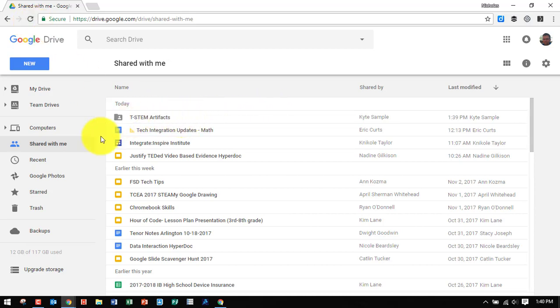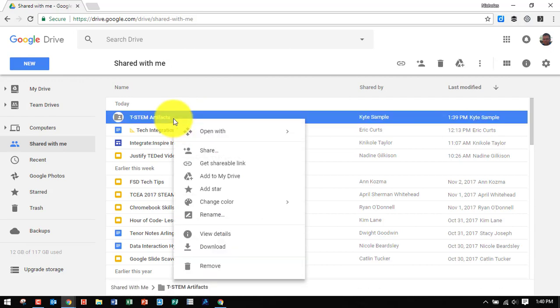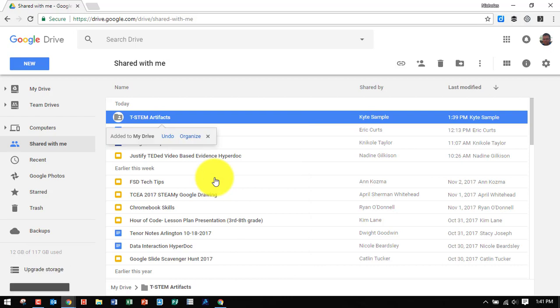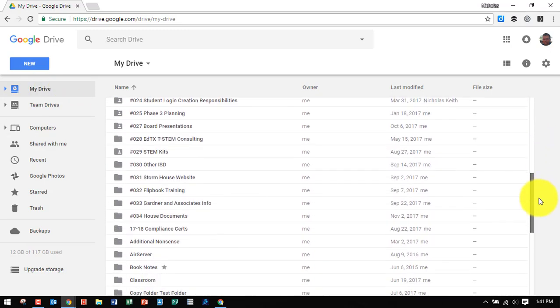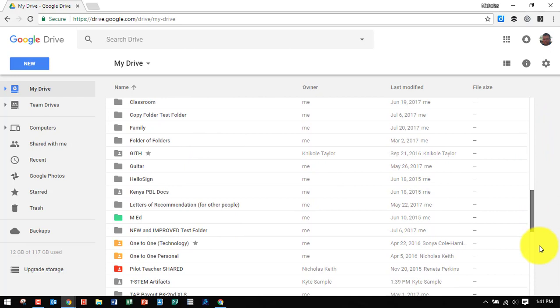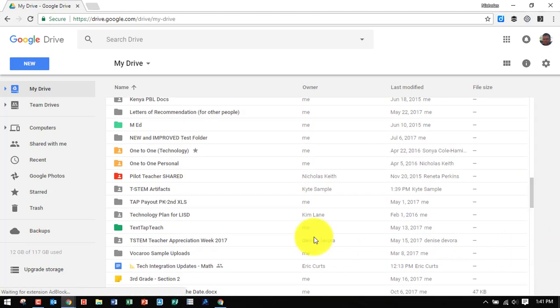Right now that folder is just in their Shared with Me, but we want to move it to their actual Google Drive. To do that, they'll right-click on the folder and select Add to My Drive. Once it says Added to My Drive, they'll click on My Drive on the left-hand side, and then they should be able to scroll down and find that folder. And here it is right here, TSTEM Artifacts. They'll double-click to open the folder,